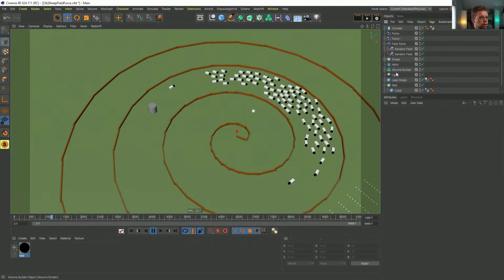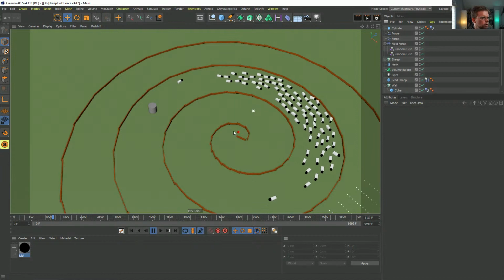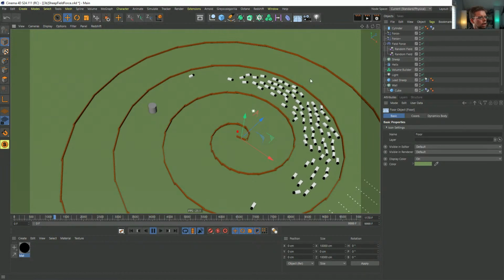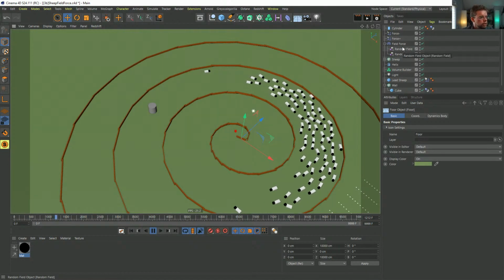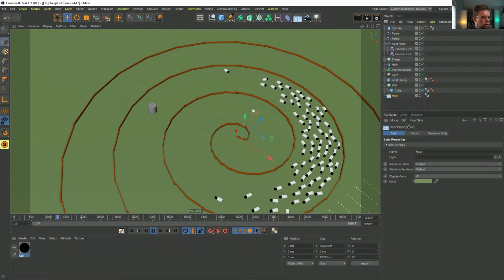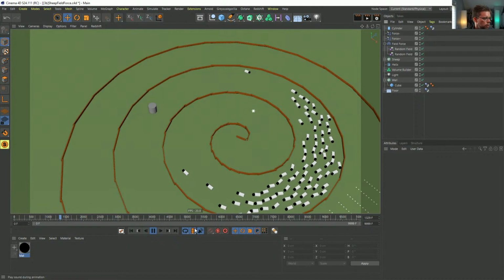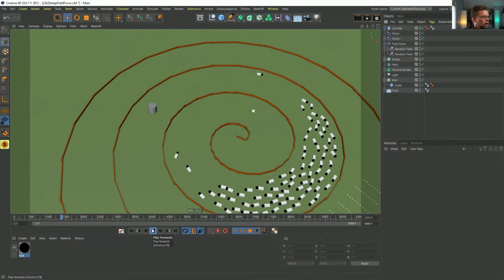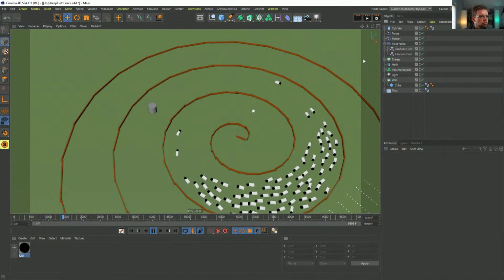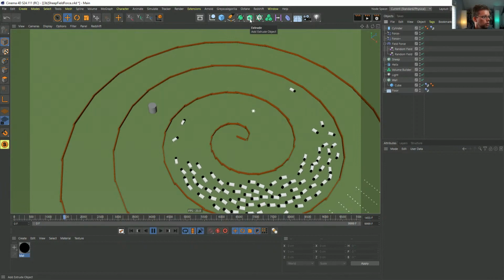We don't need that lead sheep anymore. Although, yeah, there's things we could do potentially to, oh, that would be fun. Yeah, maybe we'll sneak in like a couple of herd dogs here to push everything away. So let's get rid of that lead sheep for now. But what I wanted to show you is we're currently doing a really good job of avoiding this wall, but we could avoid other things.